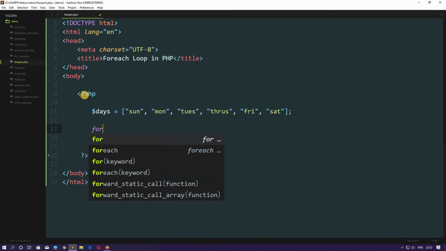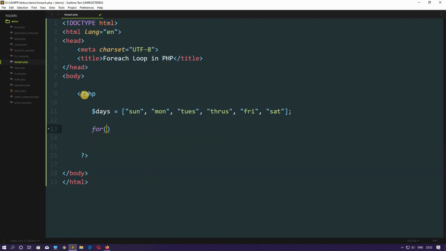Now let's write the for statement. So for, now we will write the initializer, that is our $count variable, and we will assign the value of 0 to it. Why 0? I will tell you that also. And now we will check $count is less than or equal to what? First I will write the expression, then I will explain it to you.